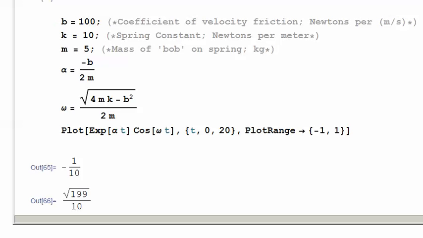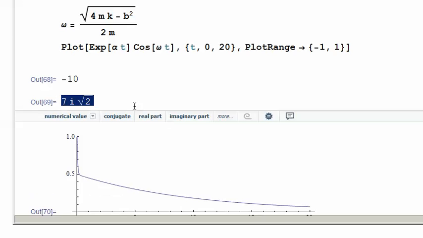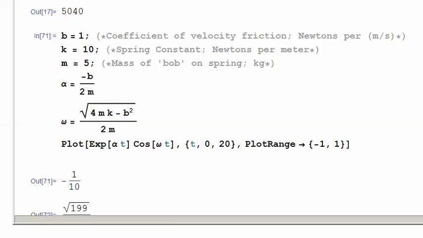I think this thing might break down if I do this, because that'll make omega be real. So yeah, that'll break it, because we made that under the assumption that 4mk was larger. It does still give some kind of slowly sloping down thing, but I don't think it's correct because it's got an omega that is a non-real value here. So I'm going to put that back the way it was, and then let's look at the case where